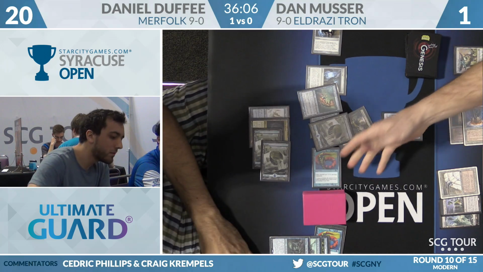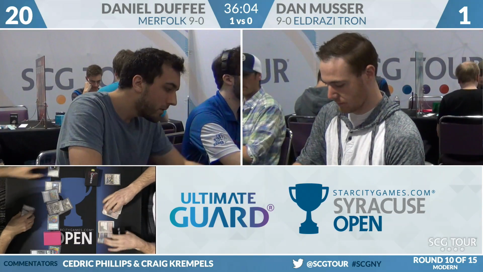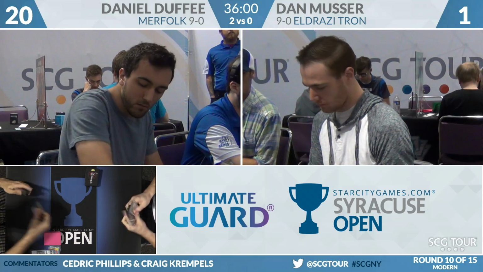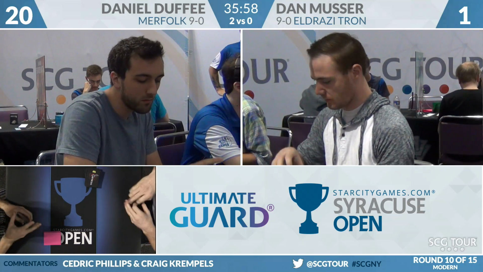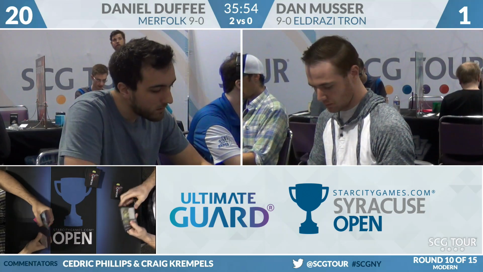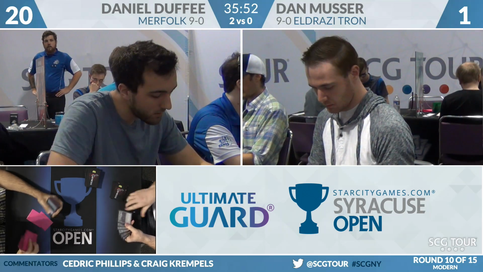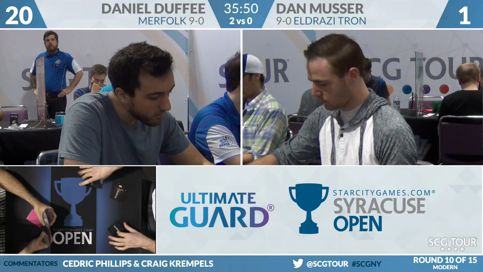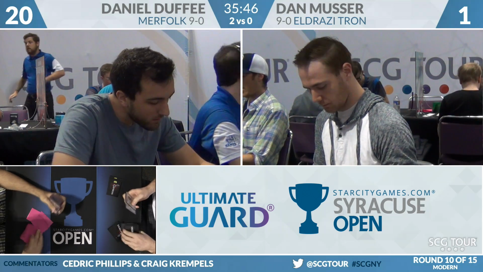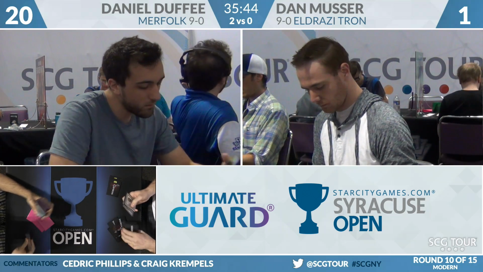That's a Dismember. Use that, discard the card. Daniel Duffee's making this look pretty easy today. There's an extension of the hand from Dan Musser. Daniel Duffee going to win this match here over Dan Musser. 2-0. Merfolk dispatches Eldrazi Tron pretty easily there. And for Daniel Duffee, you've got your lone undefeated player here in Syracuse. Yeah, those Merfolk were savage. Those are 2 very good draws in this matchup here from Daniel Duffee. They really were. Those were exceptional draws. That's worth noting. But also, I mean, that's what the deck